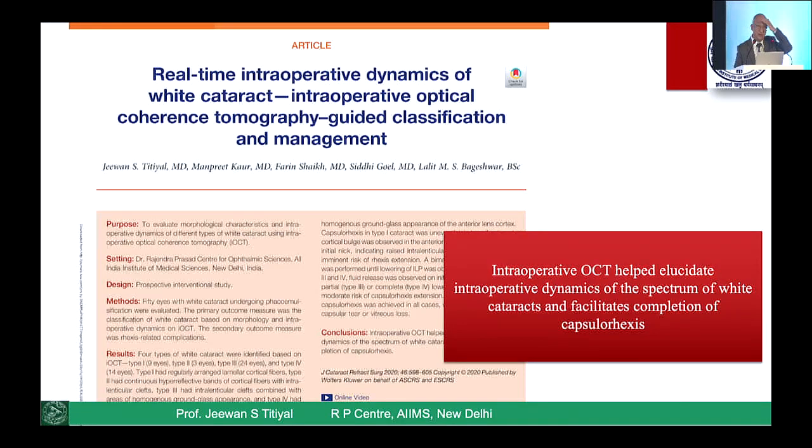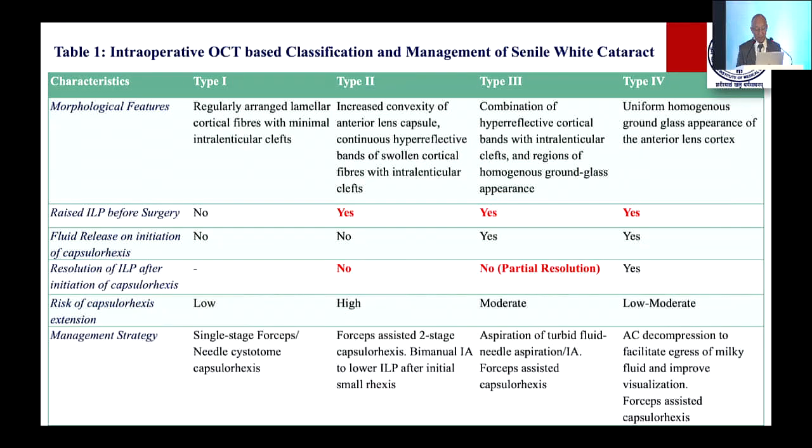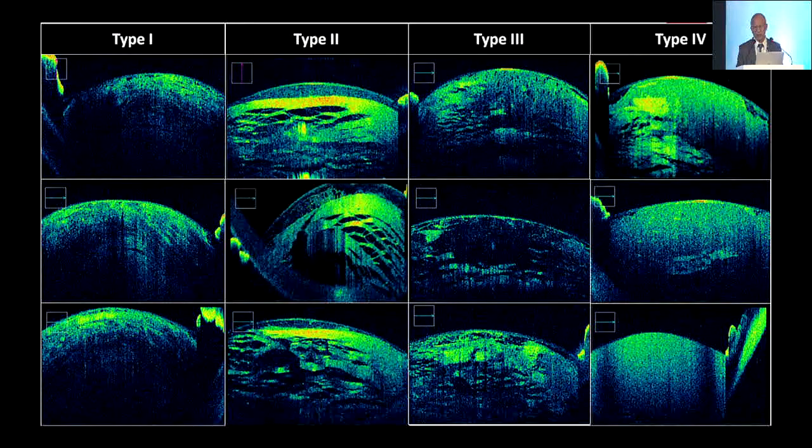Cataract related also, it gave us a lot of advantage. We were thinking that OCT has come for retina surgery only. In fact, it has much more application for anterior segment surgeries also. We could classify all the white cataracts we saw through the microscope pictures and grade them difficulty-wise also.